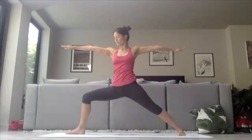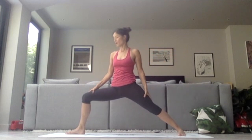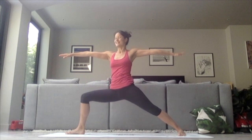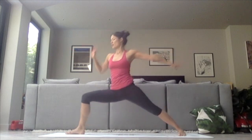Exhale, 3. Inhale, deeply bending that front knee and externally rotating both thighs. So maybe that means the right knee moves out to the right a little bit more for 4. Last breath here. Inhale, see if you can bend the knee a little bit deeper for 5. Nice. Inhale, straighten that front leg for a moment. Exhale, rebend that knee,